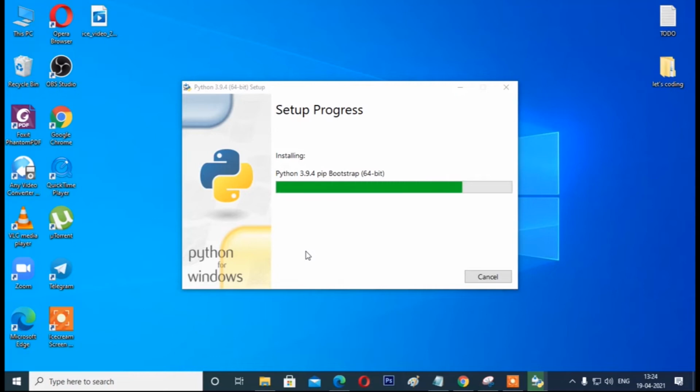Once it is installed, after that we will install the external libraries inside Python. So a few more seconds, after that it will be complete.